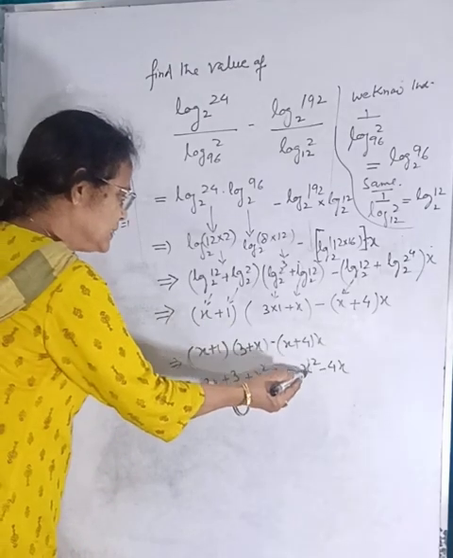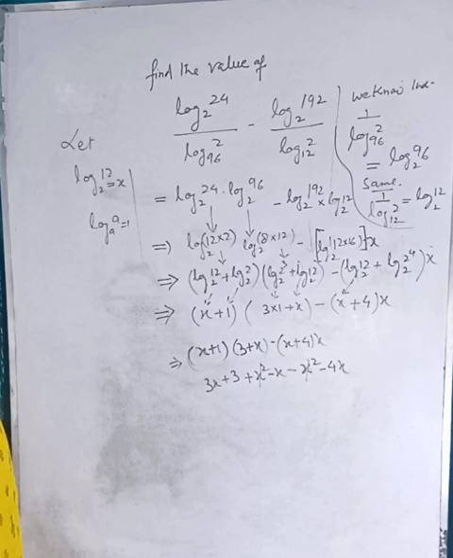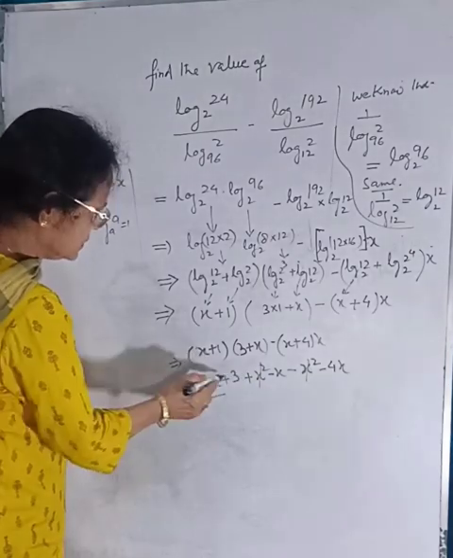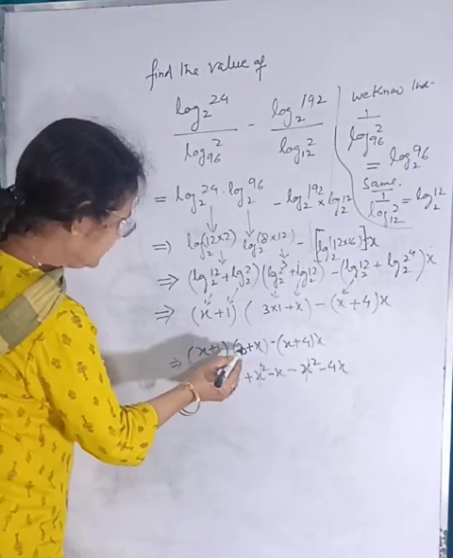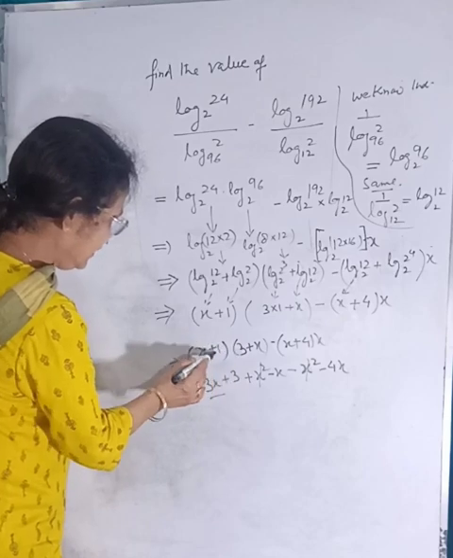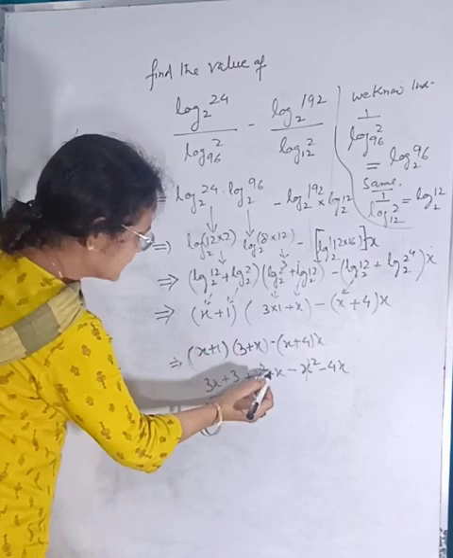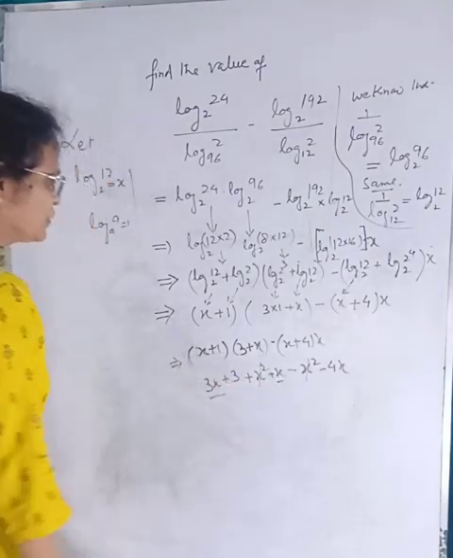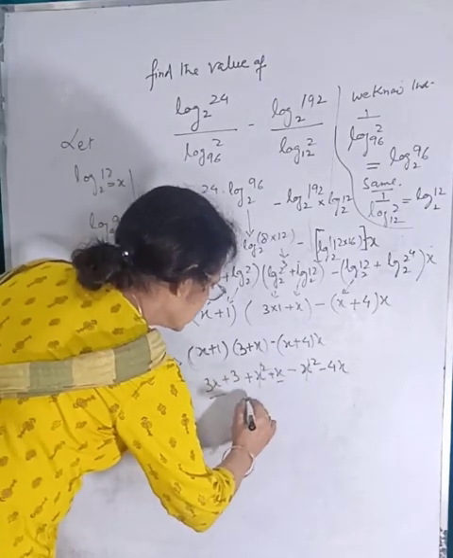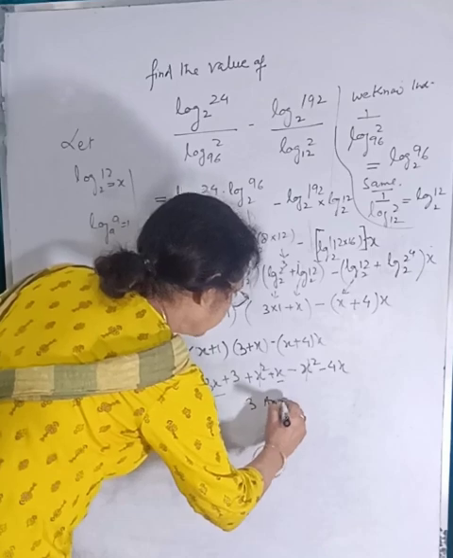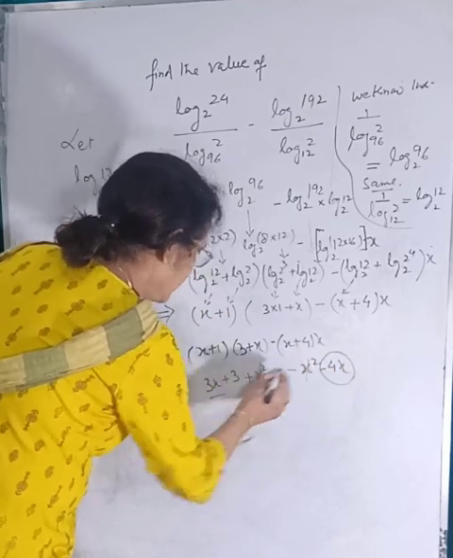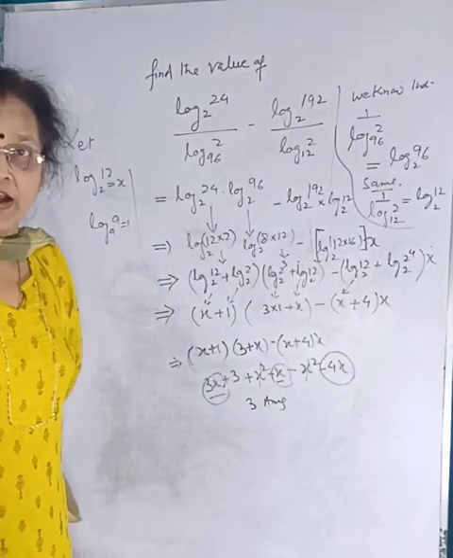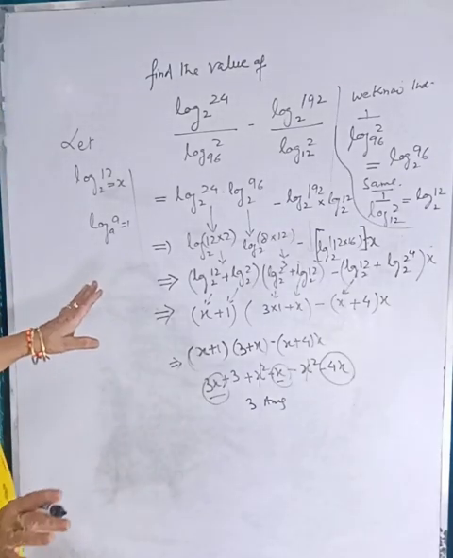This x square get cancel with this. This is 3x. Sorry, this will be 3x, 3x square plus x. This is plus x. So 3x plus 1x is positive 4x. Get cancelled. Only answer is 3. This will equal to this plus this. Answer is 3. This is the answer. समझ के तक चलिए फिर से करिए.